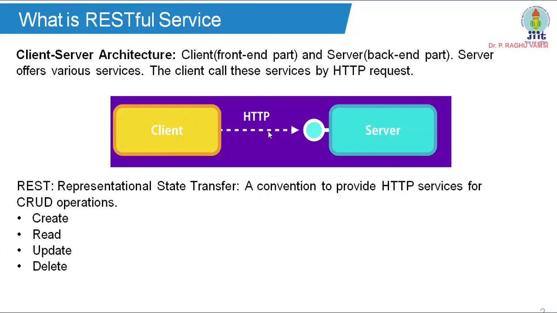Basically, in the previous get and post, an independent value can be sent to the service to get service from the server. But I want to send bulk data. Then how is it possible? The bulk data can be sent with the help of the JSON format, or an array of data that can be sent via JSON format. So that data can be sent to the server or services via a single request with the help of these RESTful APIs. In that way, the RESTful APIs will help us.